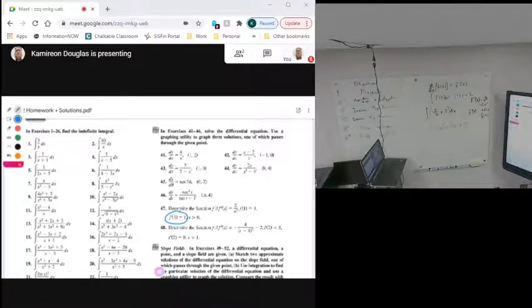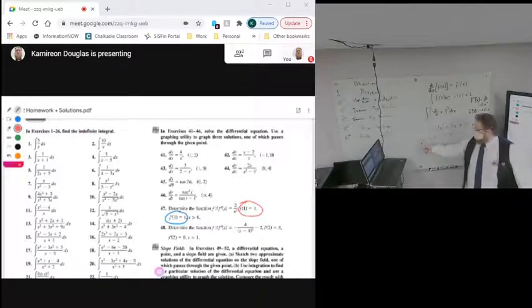My next step says I want to determine this value. F of 1 equals 1. So now I take this function and do f of 1. So everywhere in the function there is an x, I replace with a 1. So I have negative 2 natural log of 1, plus 3 times 1, plus d equals 1. So everywhere there was an x, I replace with a 1, and the function should equal 1, based on the